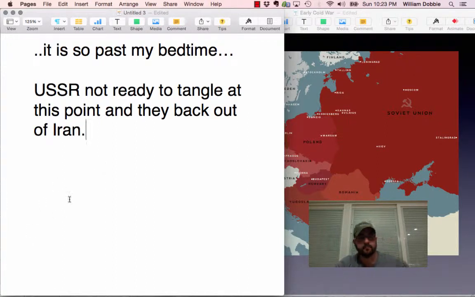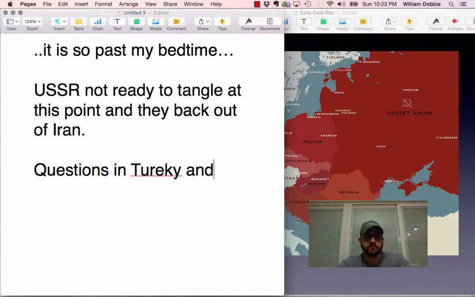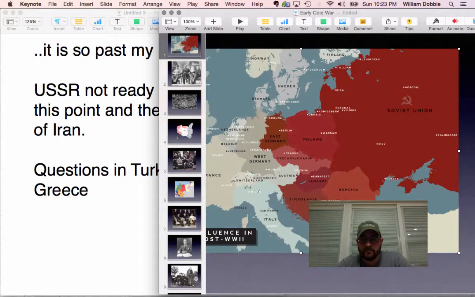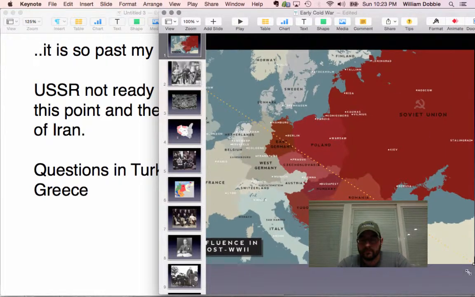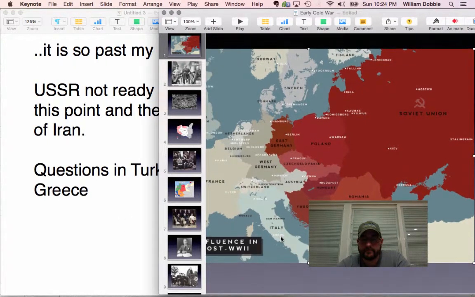Got a couple other issues, and you can see it on the map here as well. During the course of the war, Turkey and Greece, down here. Greece was a big part of the war in the Mediterranean. The British were fighting the Germans in Greece. Turkey as well. Both Greece and Turkey have uprisings, small riots and rebellions that the United States believes are being led by communist groups in those two countries. And if you look where they are,